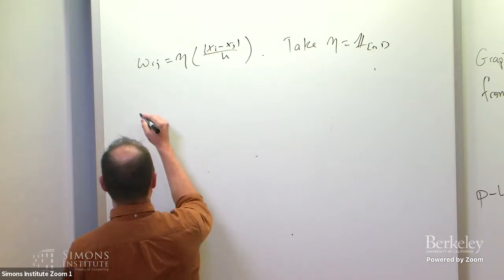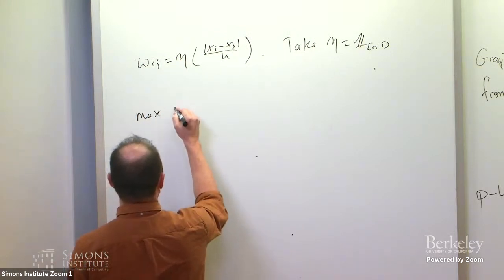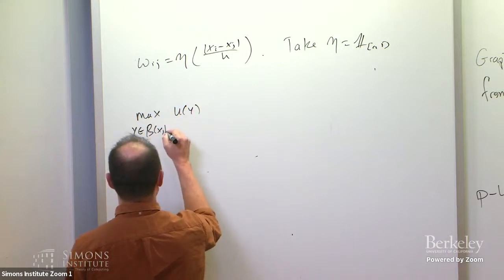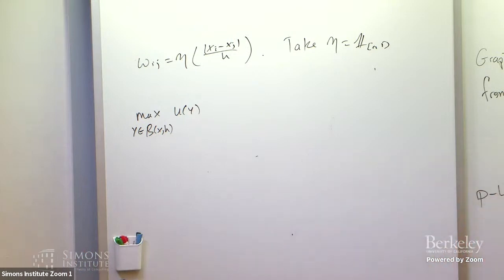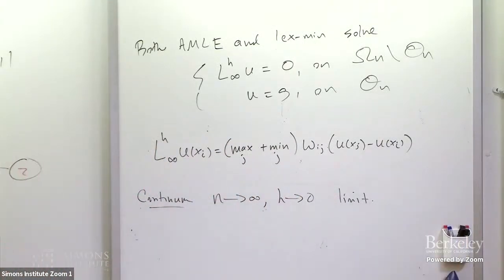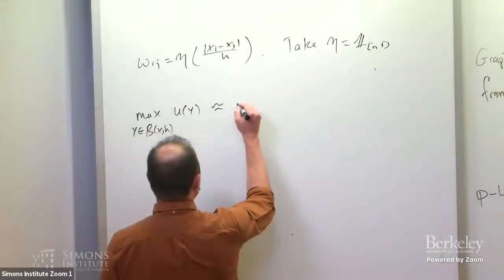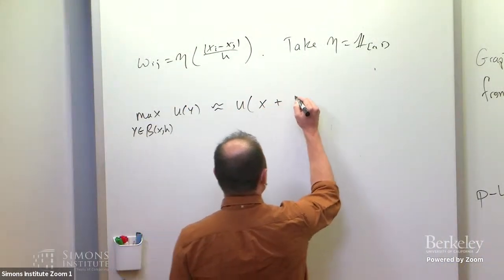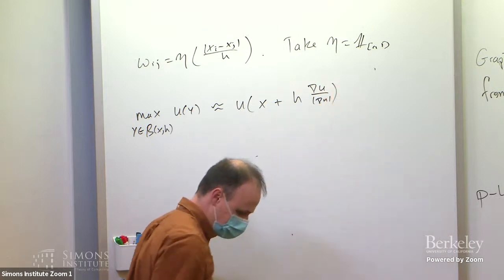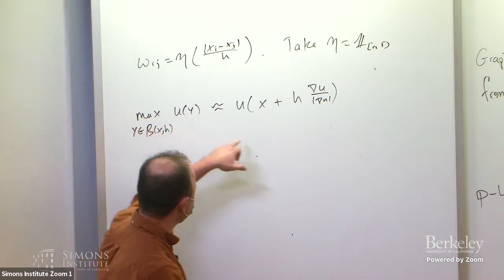Then if you look at the max of u of y over y that are in a ball of radius h. Okay, so this is what you get here. If the weights are just 1, you're looking at the max and the min of a function at nearby points. And say we pass from discrete to non-local, so it's not a max over the point cloud, but it's a max over a ball like this now. And what you should get is that this should be roughly u of x plus h in the direction of the gradient. Okay. And of course, if you take the min, you should get the same thing, but with a